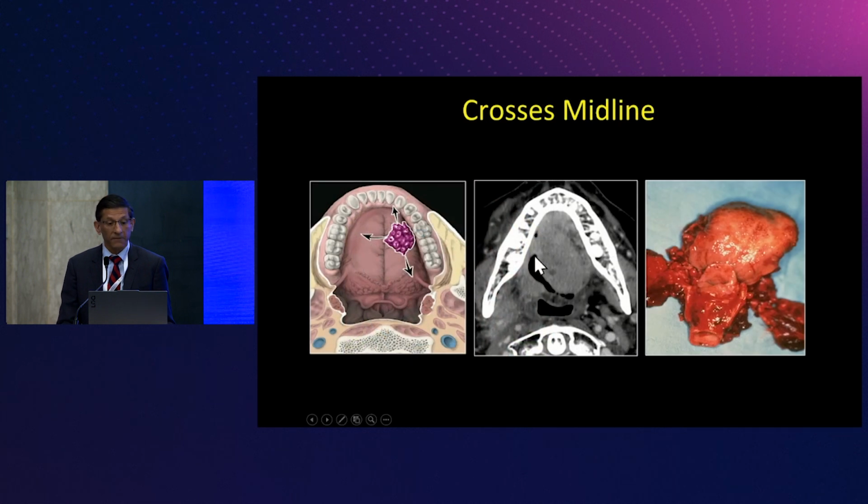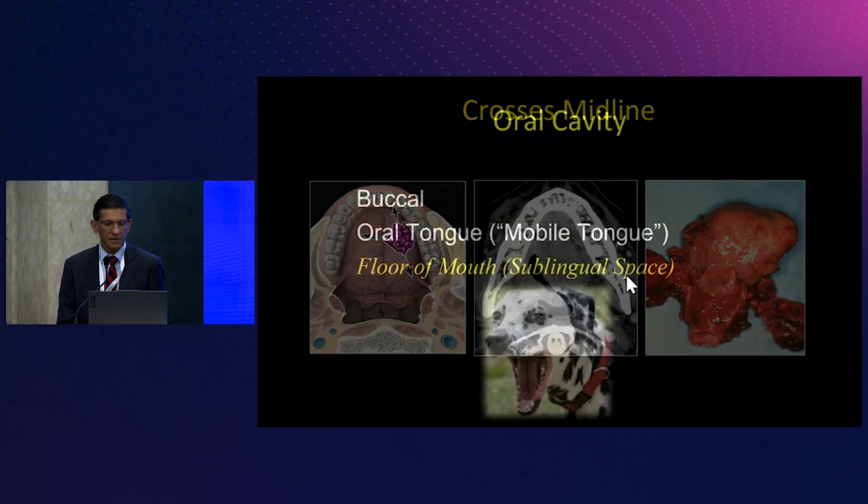On the other hand, if these tumors cross the midline in the oral tongue and are deeply invasive, as we see here, then the surgeons are going to have a discussion with the patients, because remember, these are HPV negative, so they're not going to be responsive to chemo and radiation therapy. The surgeons may still try sending the patients for chemoradiation therapy, but the other option is a total glossectomy. And if you do a total glossectomy, you have to remove the larynx, otherwise the patient is going to aspirate. So it's this type of size and this type of depth of invasion, and whether it crosses the midline, where we really make a difference.